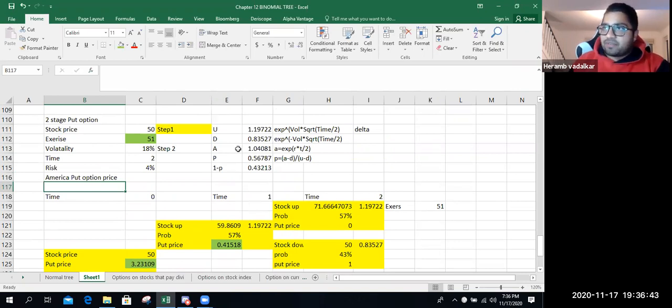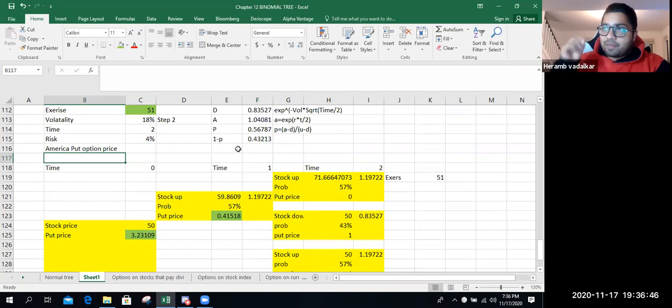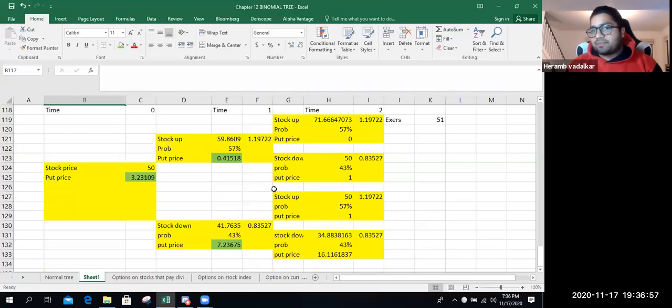The change you have to make in binomial trees is that American options can be exercised anytime. You don't have to wait for expiry to exercise them. So we have to use a max function, not at the roots. At the roots, the value will be the same: whatever is the price minus exercise price. So roots are exactly the same. But whatever steps are above the roots, you have to use a max function.